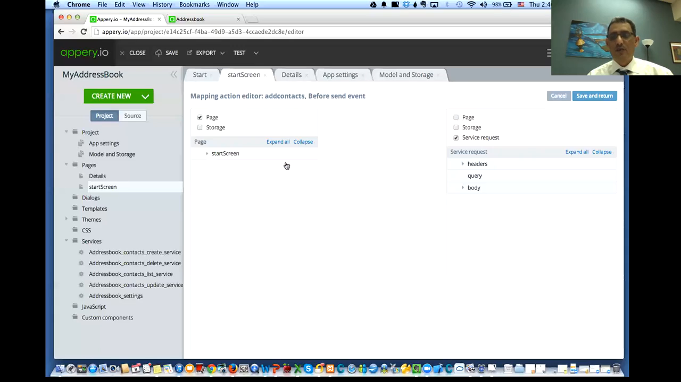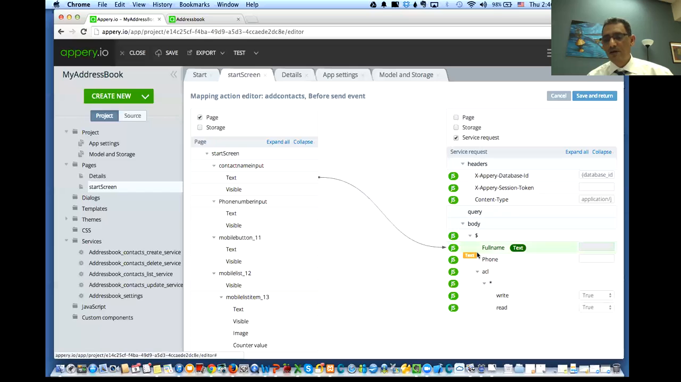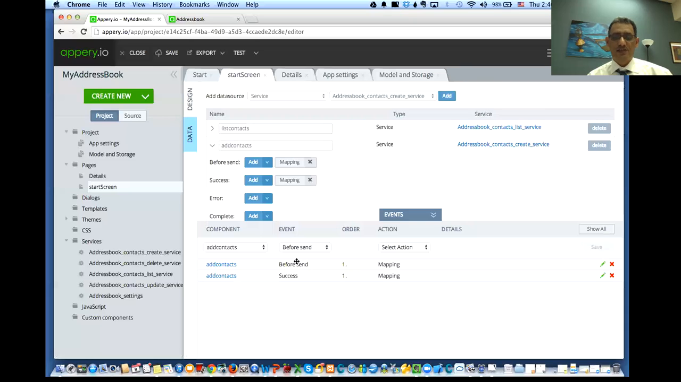So click on the mapping here, and in the mapping, we're doing 2 things. The input for the name goes to the name. The input for the number goes for the phone number. And that's it. The other thing, as we said, we need to call the other service after we add. So we'll go here and say with the success one, we will invoke the service